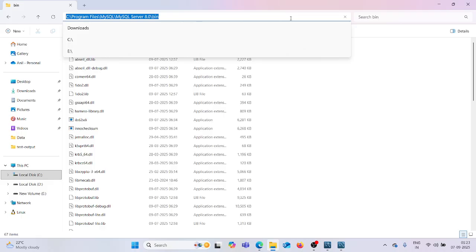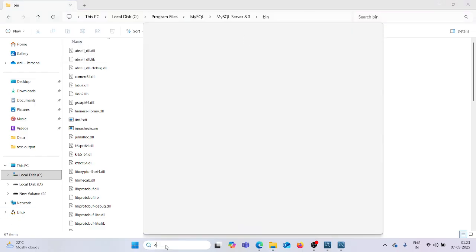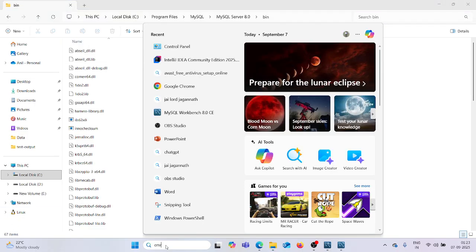Did you get it, or shall I show you once again? You will get the path, C:\Program Files\MySQL\MySQL Server 8.0\bin. That is the path. Just copy that one. Now we'll go to environment variables.